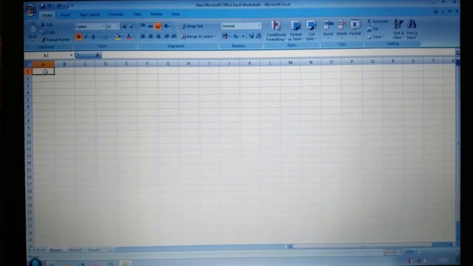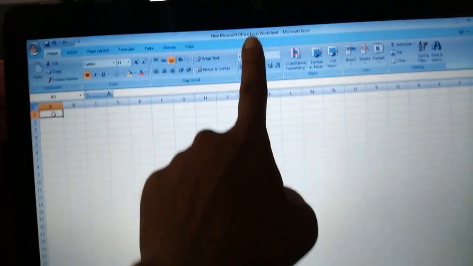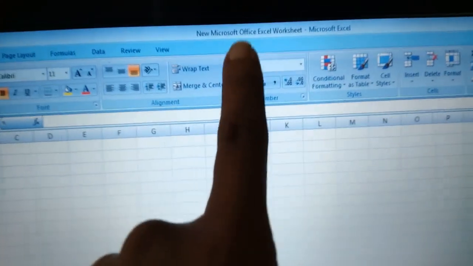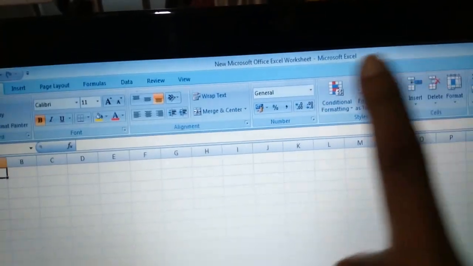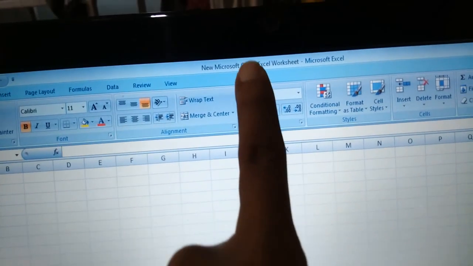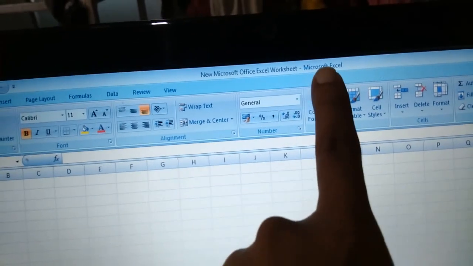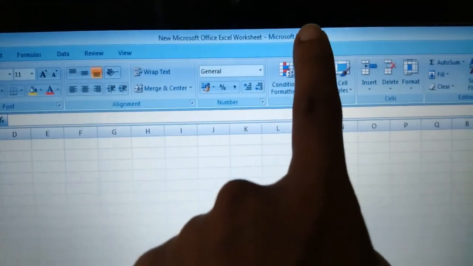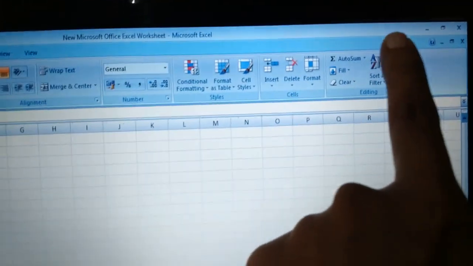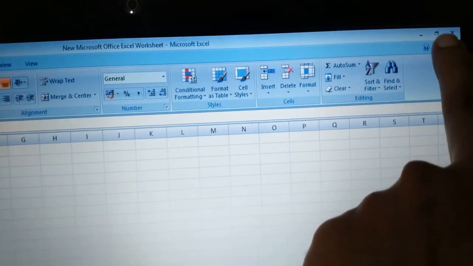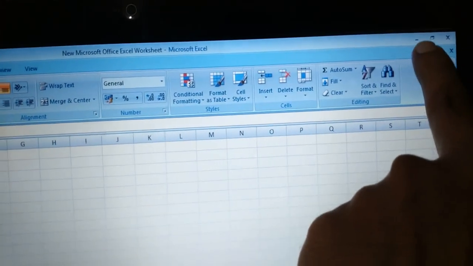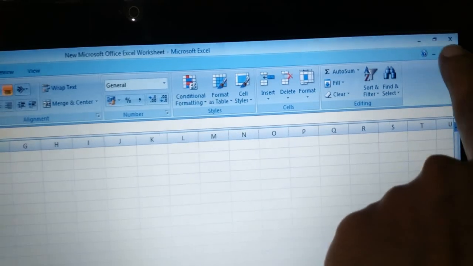As I have already discussed in the last session, I am just going to remind you once again. Here is your title bar, from left to right: this is the name of the document and this is the name of the application. At the rightmost part of the title bar there are three buttons: minimize, maximize and close.